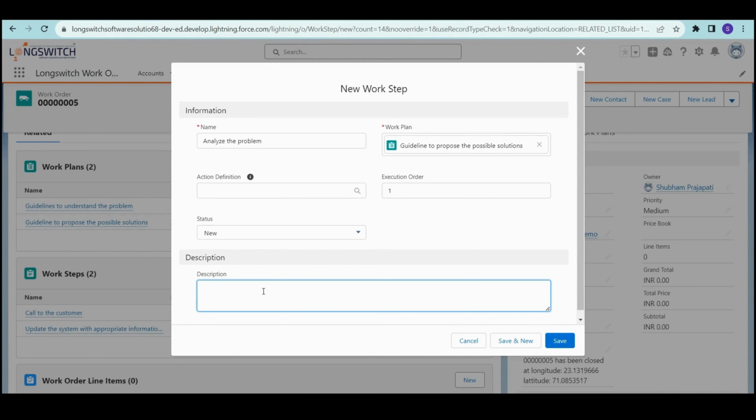Now in the description I'll add, do your detailed analysis of the problem. If needed, get help from the other teammates. So likewise, you can have your own detailed description about the work step. You can also name it as per your industry standards. Click save,